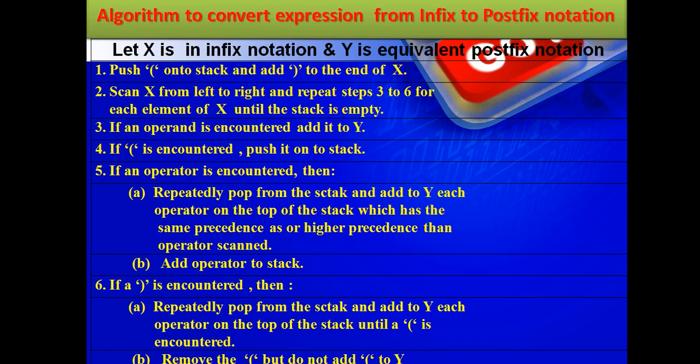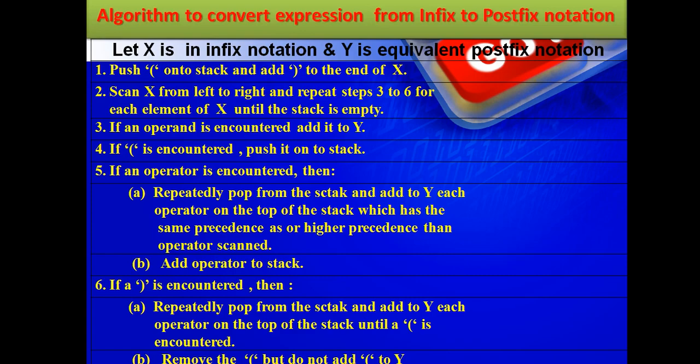Then you have exponentiation, like that. All these have higher priorities than the plus, right? Therefore, all must be popped, 1, 2, 3, and sent to the output. When all such operators are popped and popping is over, then step B: add the operator to the stack, meaning the plus which you have scanned now, you should push onto the stack. I will explain with more examples so that you can understand very easily.